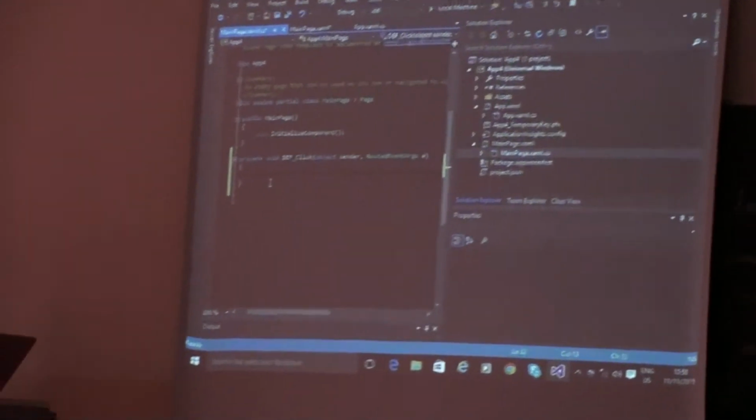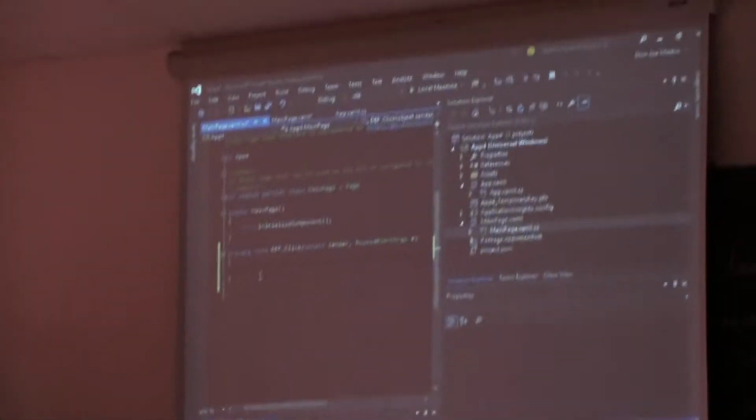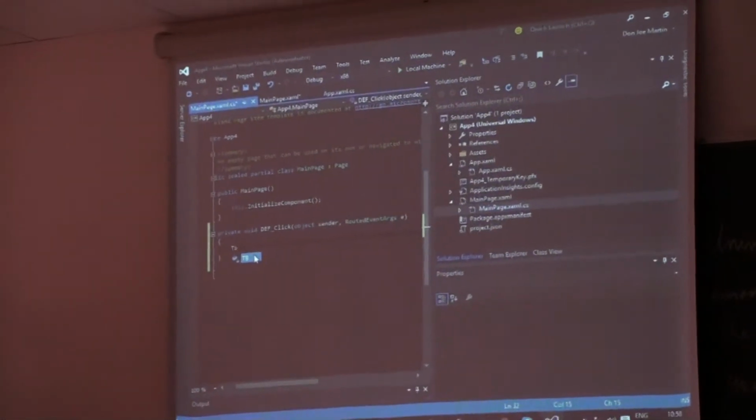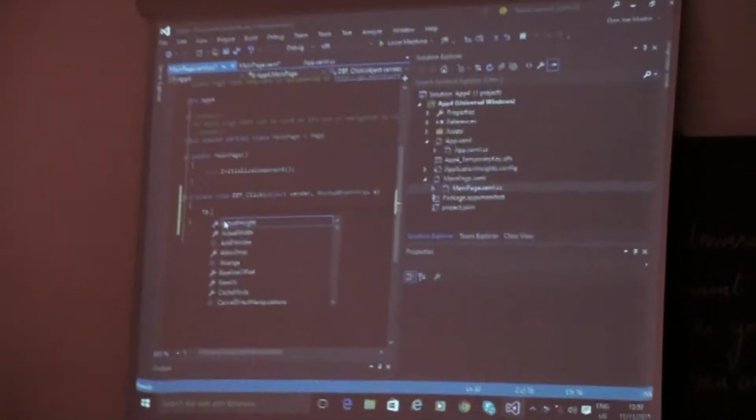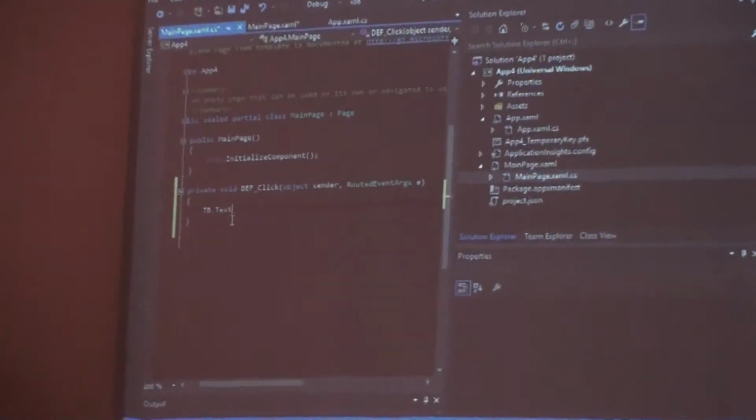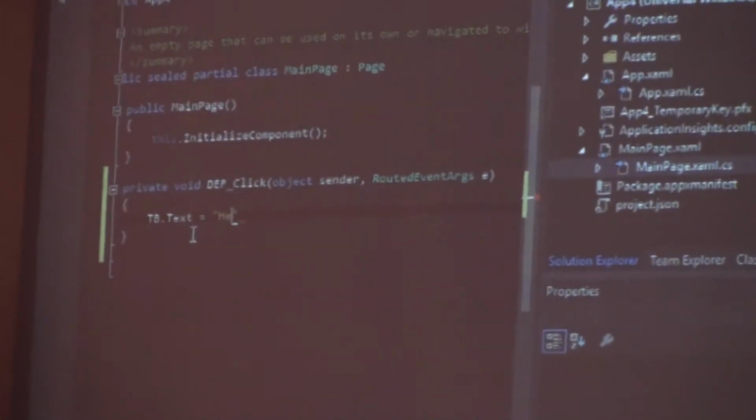Once def is clicked, what do I want? I want to change my text block, which is tb. I name it tb chart. TBs, and change text to hello.